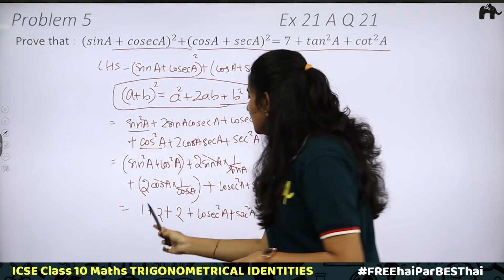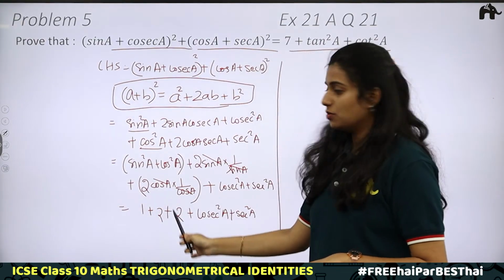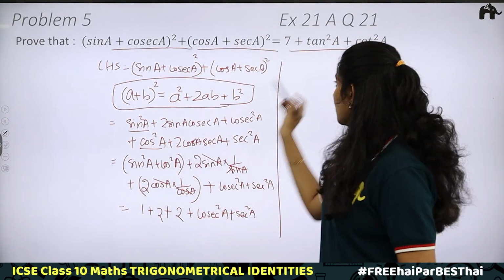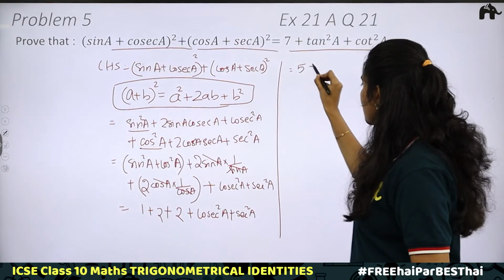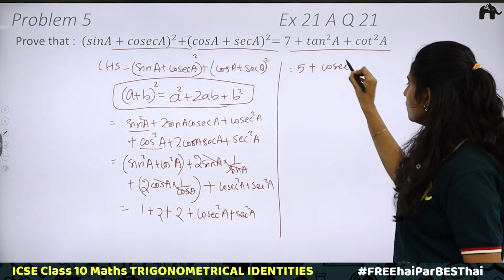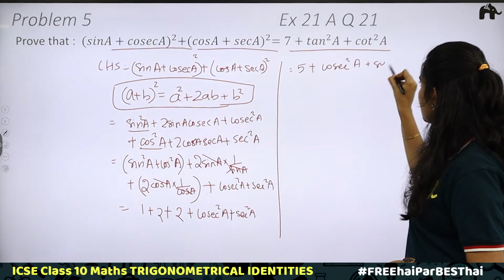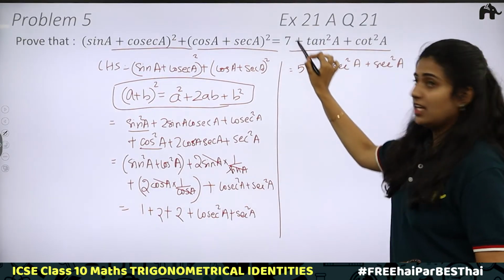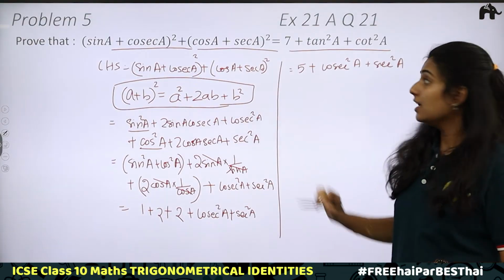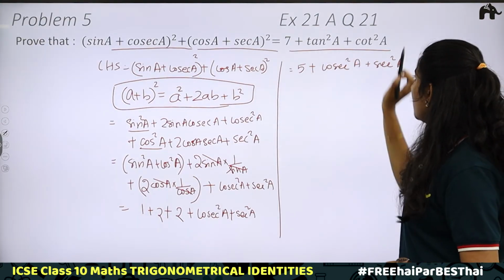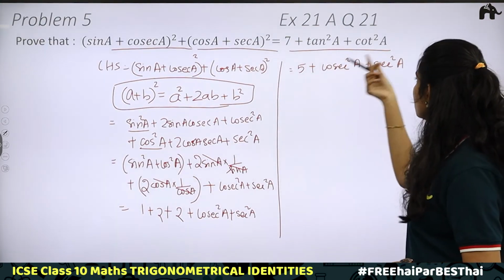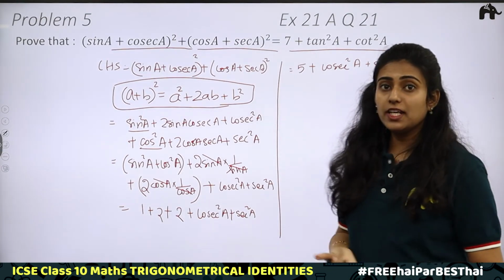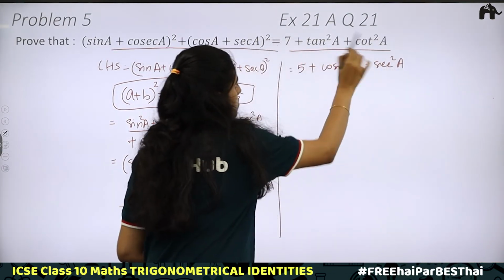Okay. Now count this. 1 plus 2 plus 2, 2 plus 2, 4 plus 1, 5. We got 5 plus cosec square A plus sec square A. What do we need? We need 7 as a coefficient. Then we have tan square A and cot square A. So this cosec square A and sec square A should be converted into the form tan square A and cot